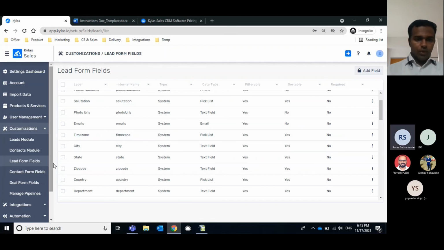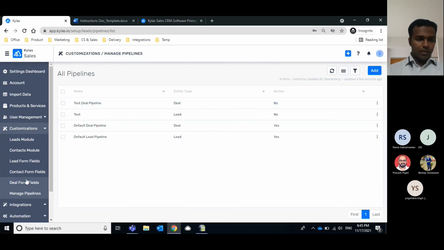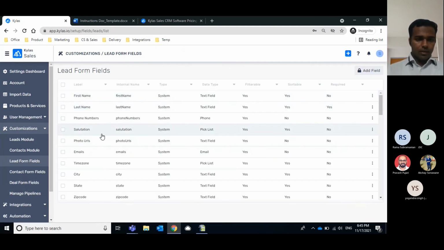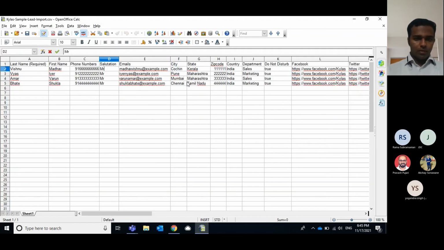No, the working is the same, but this is a different entity pipeline. This is a field created under leads, so that is a system generated entity pipeline. So you have to just make sure that whatever data you are entering here is consistent with the values in your Kailas here. Okay. Yeah.